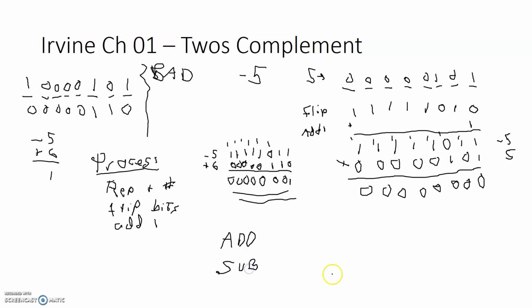Later in Chapter 7, we're going to see multiplication and division. There's one command for unsigned multiplication, another command for signed multiplication. There's one command for unsigned division. There's another command for signed division. So this 2's complement works well with adding and subtracting, but when we get to multiplication and division, we're going to have to do something different. So when we get to Chapter 10 in Stallings, one of the things we'll take a look at is Booth's algorithm for multiplying signed